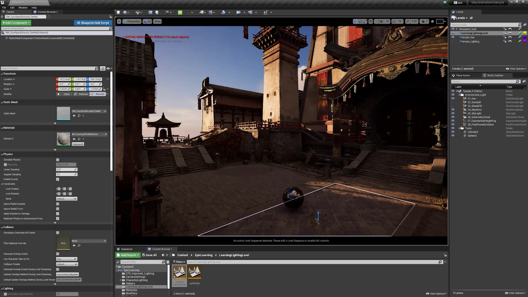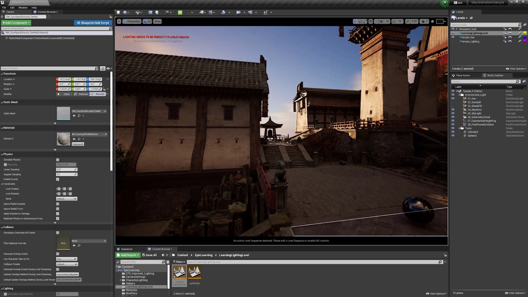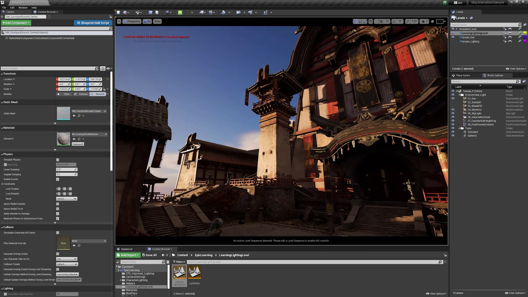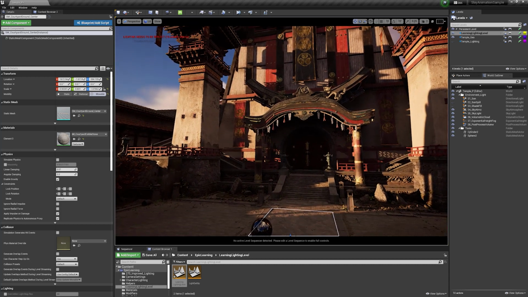So one of the things we're going to do to help fight that is to add in a sun spill from our directional light. Now, when you first added your lights in, you added 2 directionals, and that's what the second directional is for. So we will go in and set that up now.